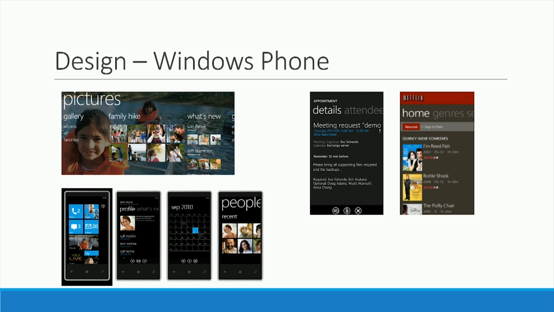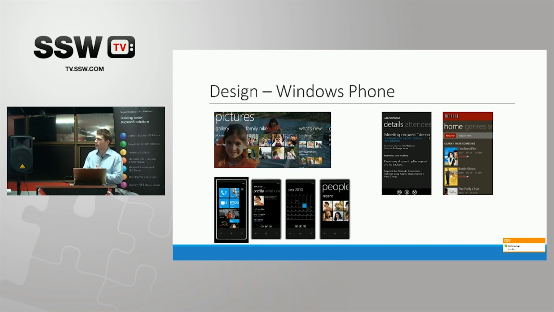Okay, so a contact we've broken down using a pivot, which has got their main details, and then it's got other information about them. So like what's been happening with them recently, a history of your call logs with them, those types of things. Okay. The other thing that's on the screen at the bottom here is actually just some other examples of the core